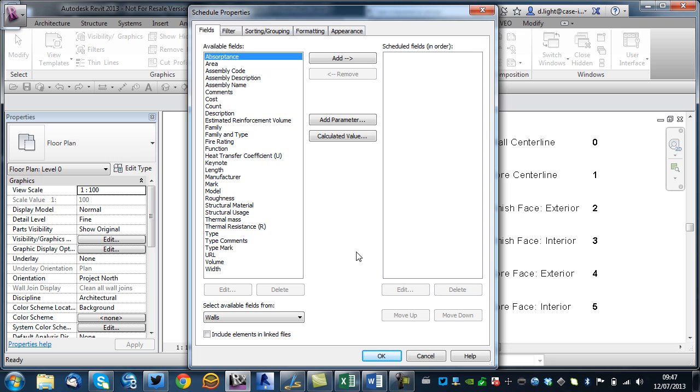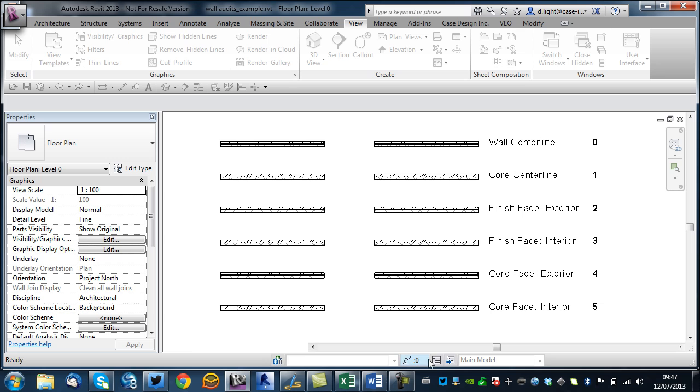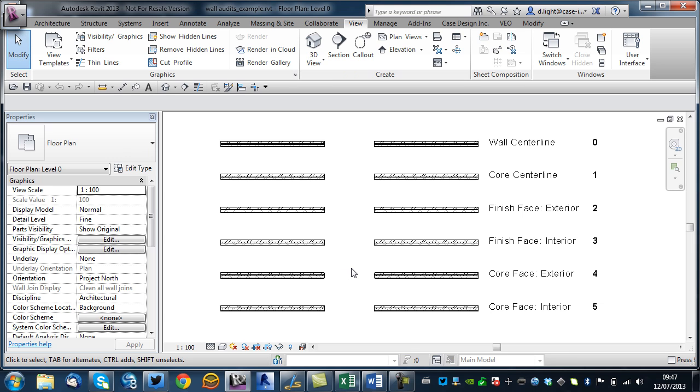However, the API does actually expose that particular parameter. So let's look at a technique that you could potentially use with Case's Accelerate tool to audit and check location